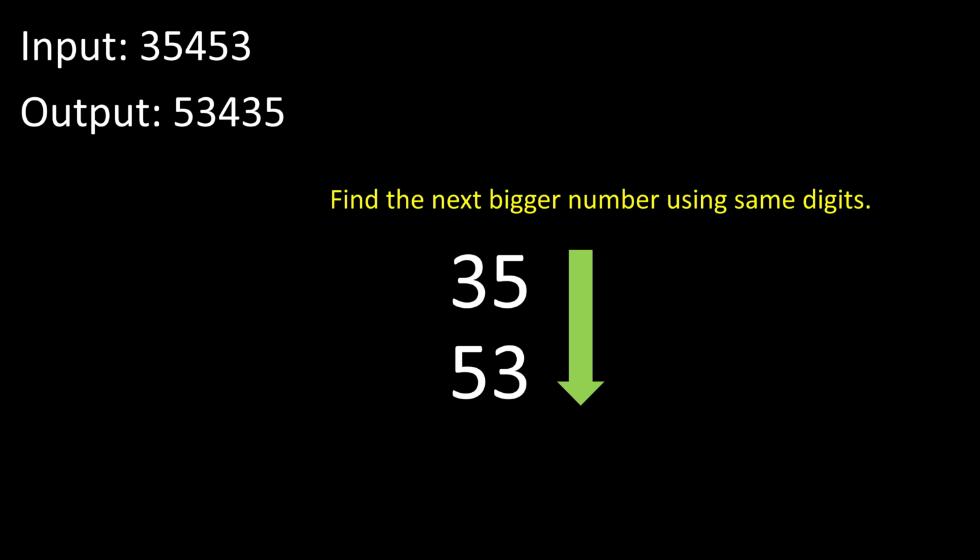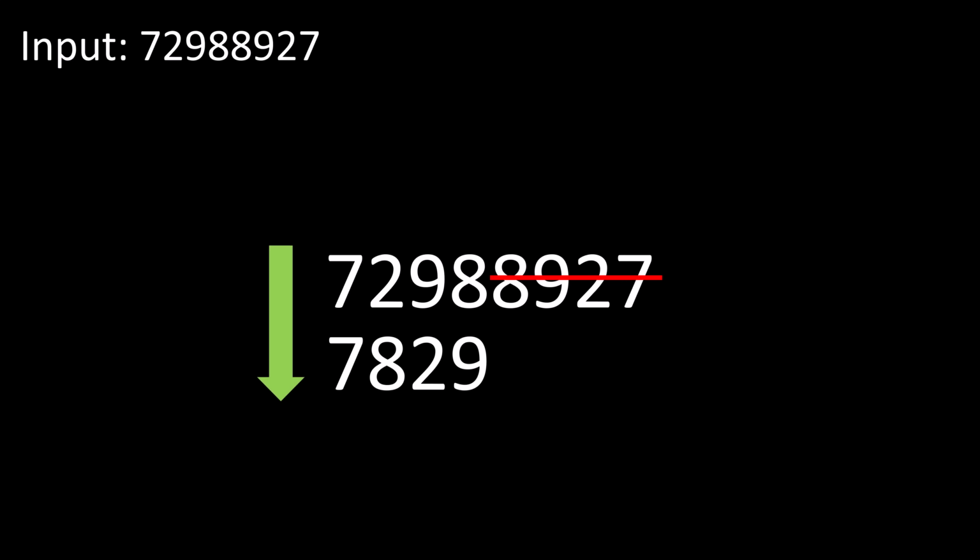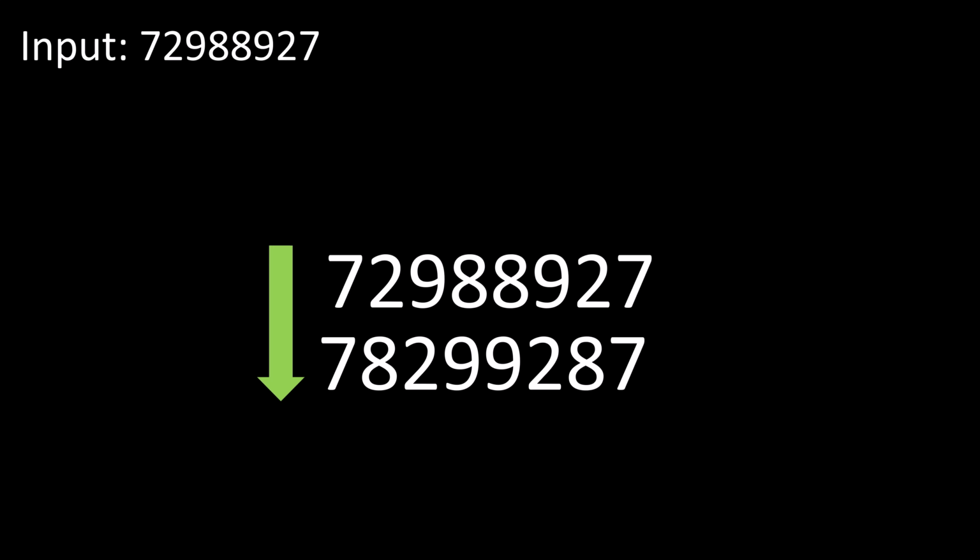This particular example is very short, and since the number of digits for the first half is only 2, it won't be very clear and intuitive to find out the solution. So let's take a bigger number. Over here we have 4 digits on both the sides. We again leave out the other half and just focus our attention on the first half of the number, which is 7298. The next greater number for 7298 using the same digits is 7829, and if we put the mirror image for this particular number at the back of this number, it becomes the answer that we are looking for, which is